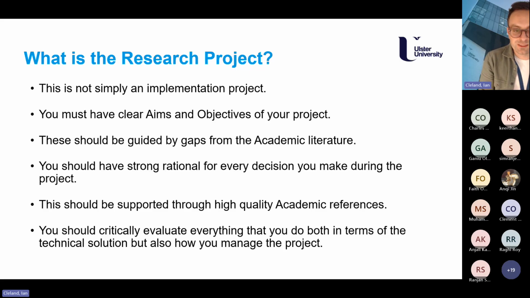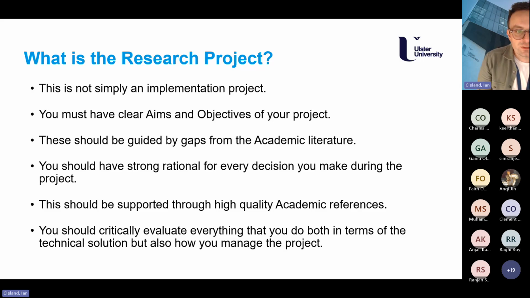So again, if we use the example of deep learning, and I've chosen 2 or 3 machine or deep learning architectures that I'm going to try to apply to the problem, I'll want to have a number of references that have maybe shown that those architectures are good for the type of problem that I'm interested in, or perhaps they've shown in a different area that they could be useful, and I want to apply or investigate them here. And that's been underpinned by those references that I found in the literature.